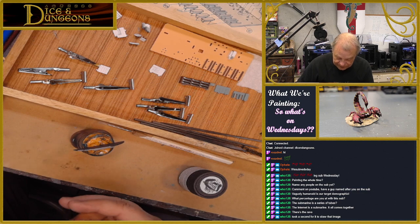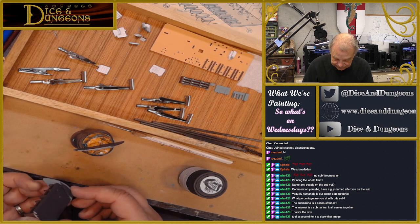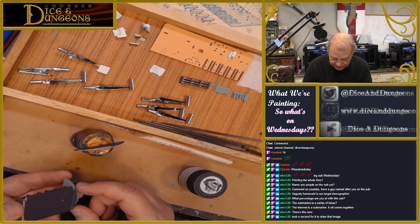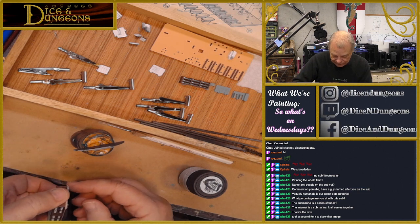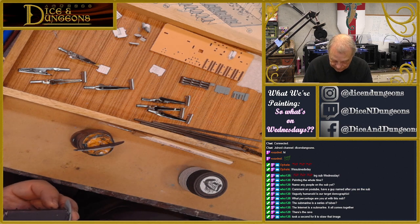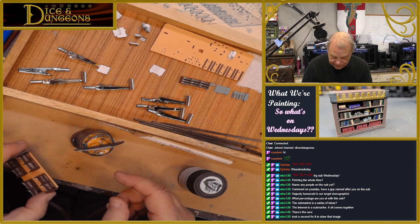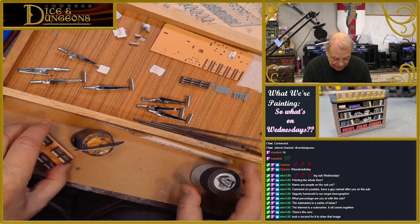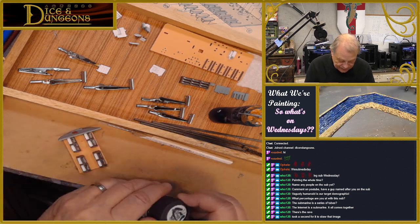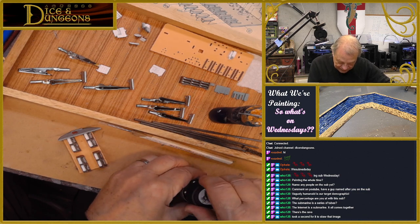There's another deck that goes there. I'll end up having to find that before I install this completely. But I need to check this one as well. Always triple check everything, right? Anyway, I'm going to have to be doing a little bit of gray painting here. And I think I can just use the big brush. The important thing is going to be to